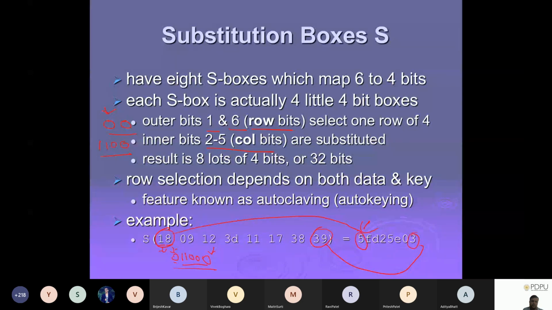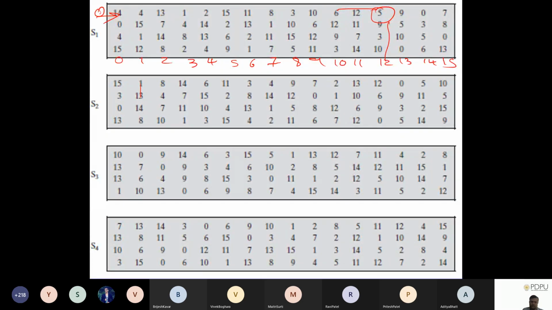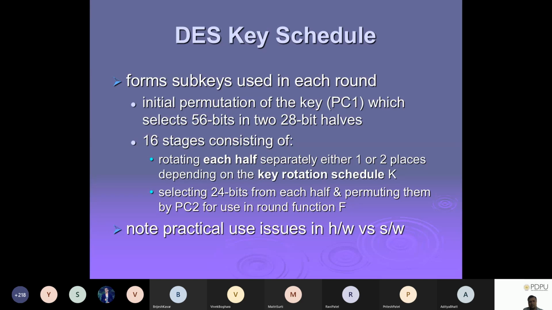That's why they map things this way. And these are fixed boxes, all 8 boxes. As of now, just for presentation, I'm giving you 4 boxes. Similarly, we have the remaining 4 boxes. That's why they are going to do it.